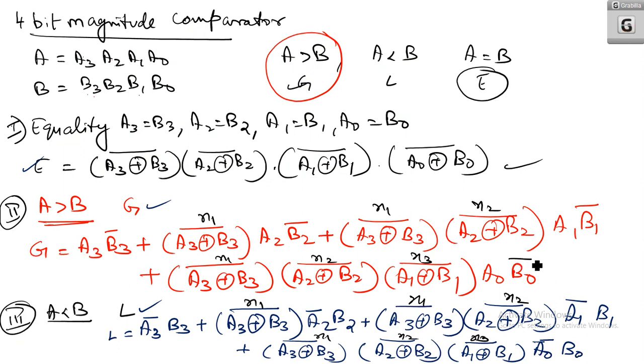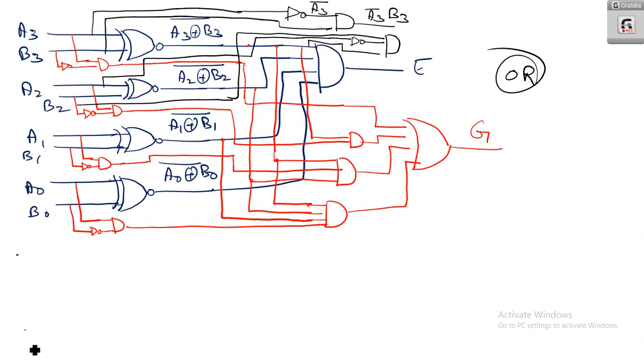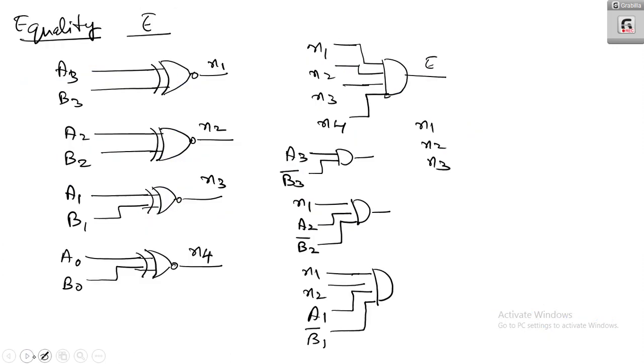So you should get H1, X2, X3. Then what? Then A0, B0 bar. Okay. If I am taking these five elements,